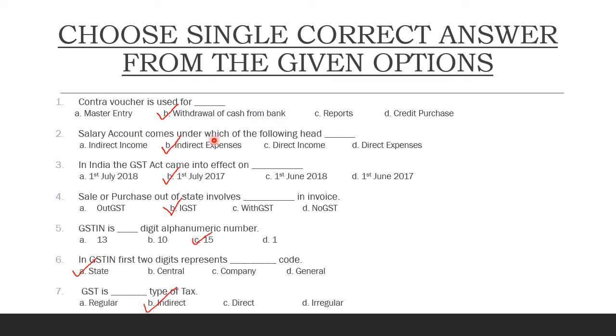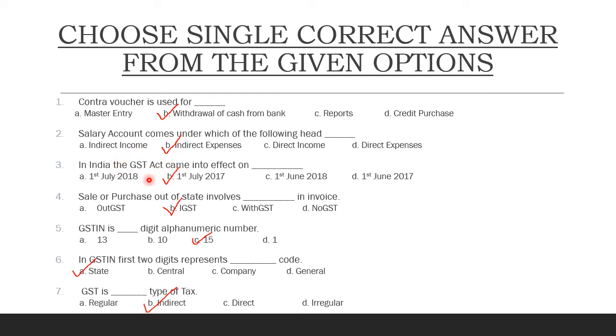Salary account comes under which of the following heads? In board exams also, we are going to see such types of questions. Instead of salary account, there can be wages, octroi, rent, interest, discount; questions like this will be there. So you should know the under group of these, means what can come. under group कौन सा रहेगा वो आपको पता होना चाहिए. So here the salary is there, that's why it is indirect expenses.